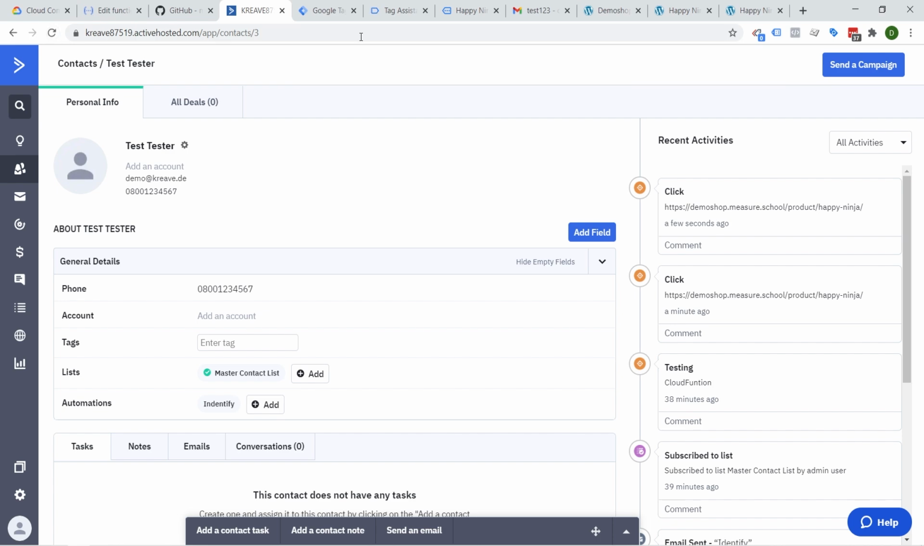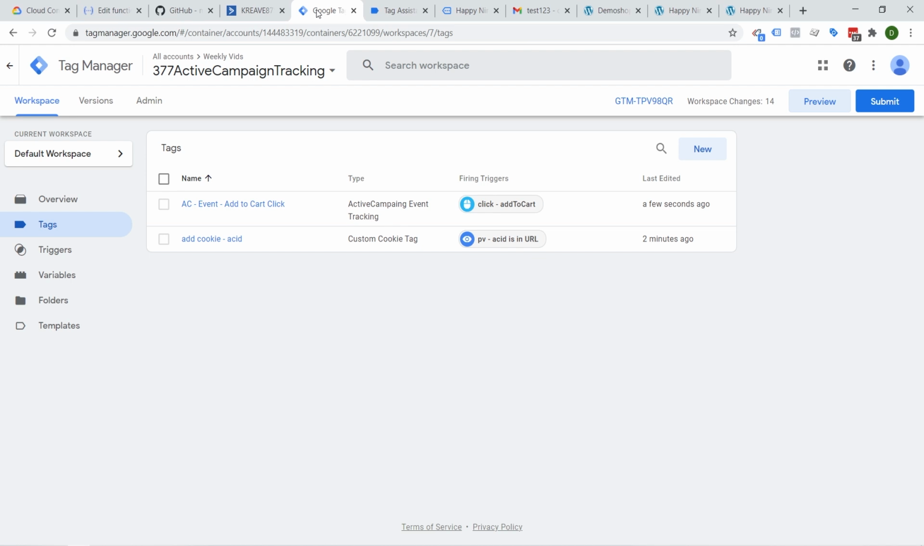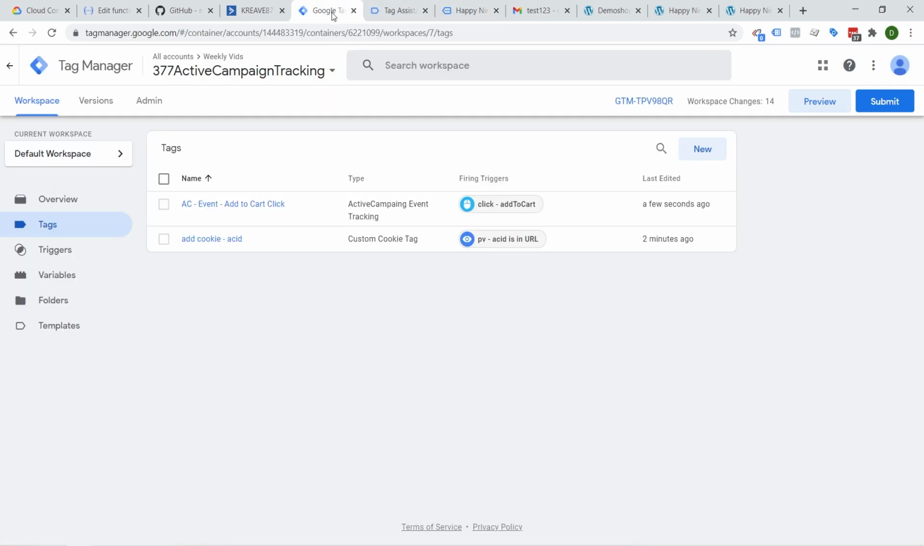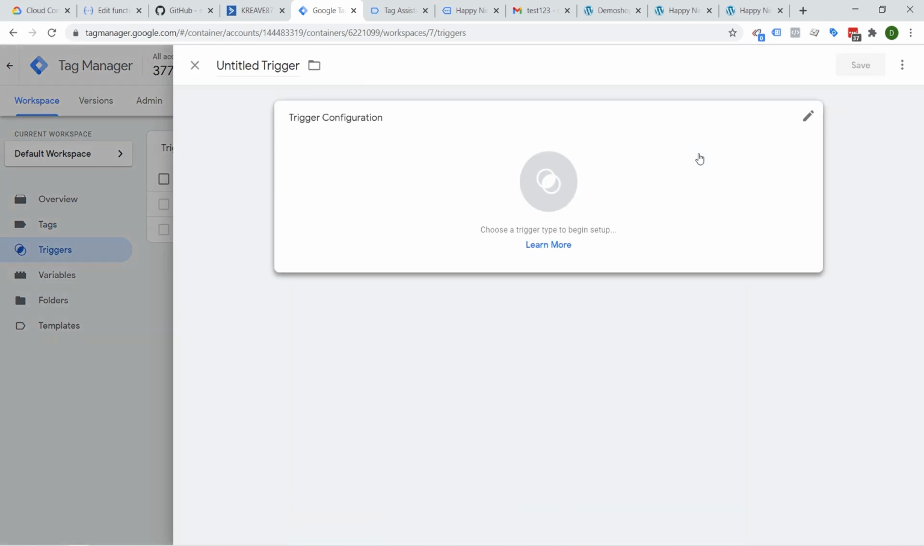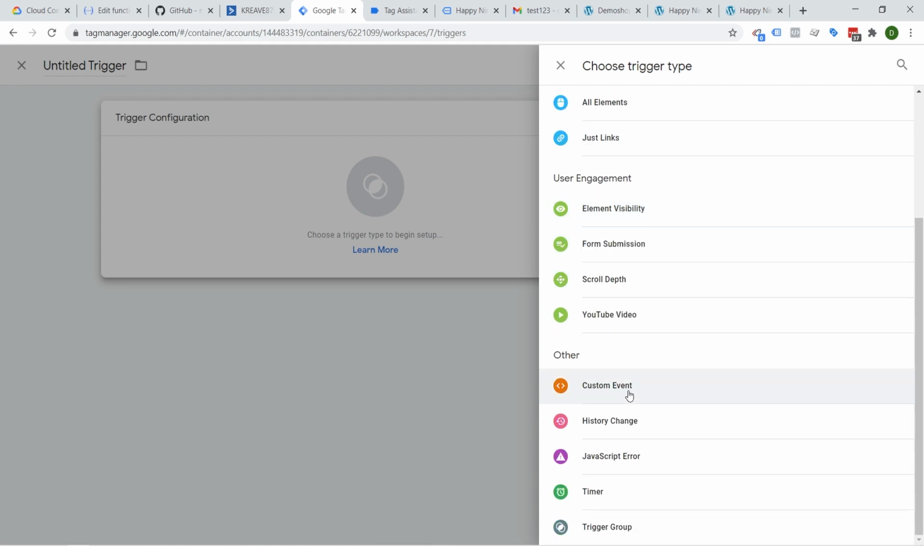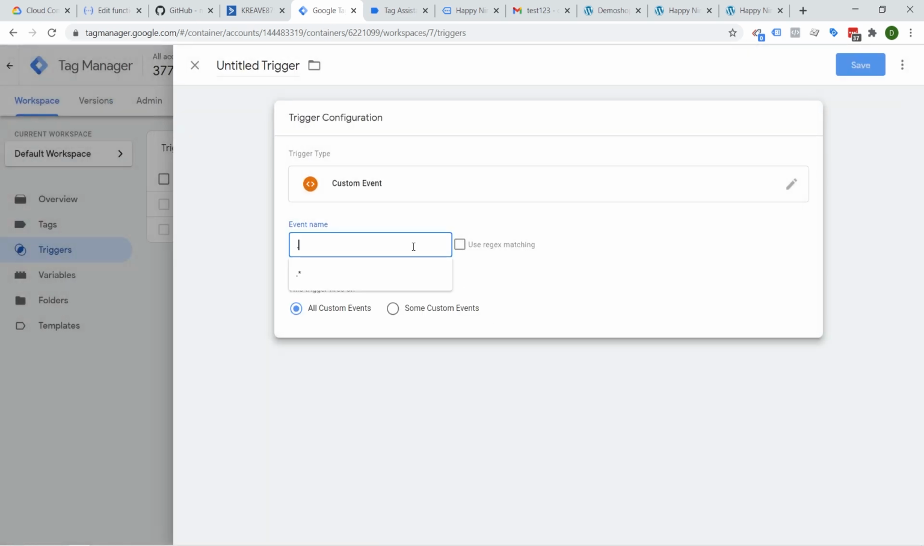Okay, now one extra, maybe just to make sure what happens actually when the user is not identified, so he doesn't have an ACID in the URL. We obviously don't want to fire off our ActiveCampaign because the user is not identified. So what we can do is also build a negative trigger or a blocking trigger so our ActiveCampaign doesn't get fired. And we can do this by simply creating a custom event trigger that reacts on every event,